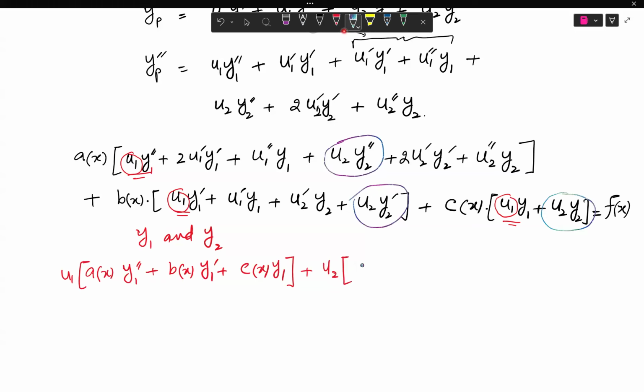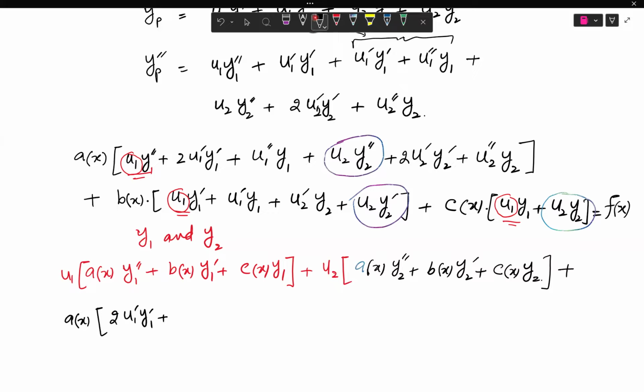So I will have a similar structure here, which is a(x) u2 y2'' plus b(x) u2 y2' plus c(x) u2 y2. So these terms have been collected, and then let's write the remaining terms. So I have a(x). From the first part, it is 2 times u1' y1' plus u1'' y1 plus 2 u2' y2' plus u2'' y2